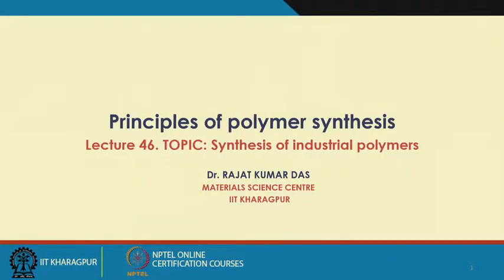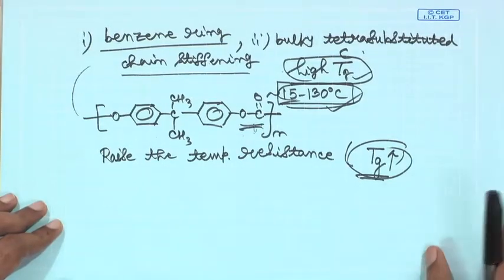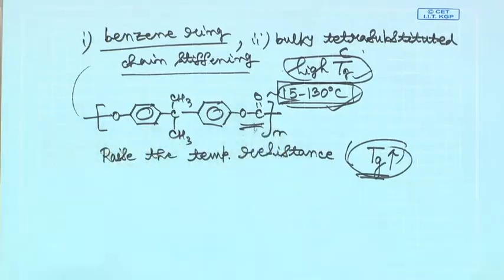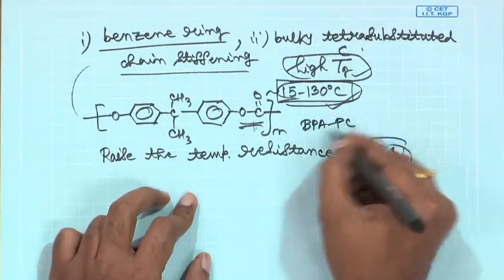Welcome back. We have been talking about the structure property relationship of polycarbonates in the previous class. In fact, we are right in the middle of it and we will continue the discussion in today's class. So, let us start at the point where we left in the last class. Okay. So, this is your basic structure of bisphenol A polycarbonate, and the question was how can we